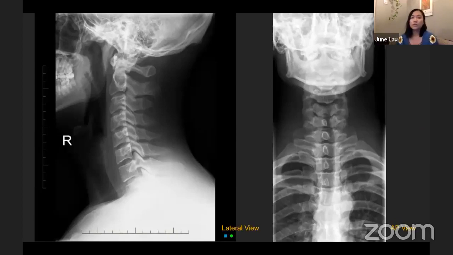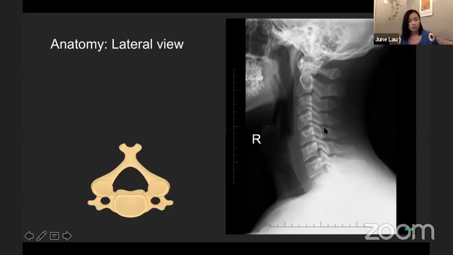Right, so in a cervical spine X-ray, you get two views. You get your lateral view and your AP view. And I have to say, most of the assessment of the trauma is often done on the lateral view, although obviously if you've got something to see, you should look at it. So a brief recap of the anatomy. So looking at our lateral view,